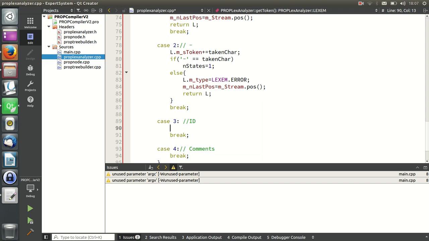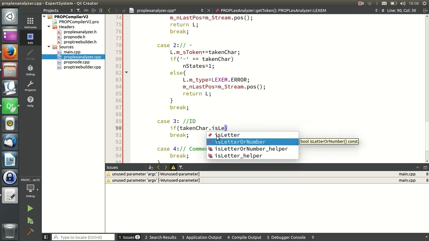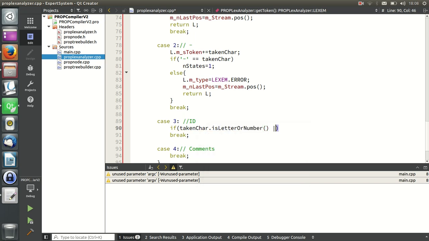So this is for IDs, and if taken char is letter or number, or if underscore, taken char is equal to underscore, sorry, we're going to